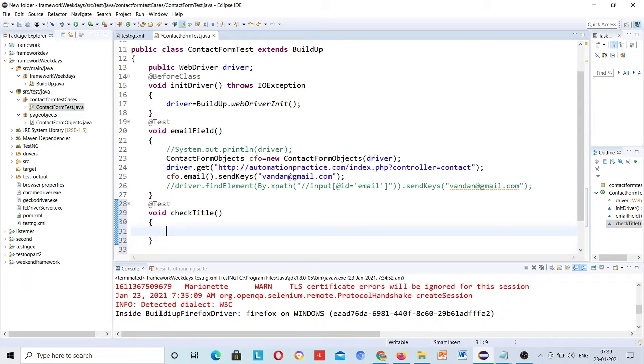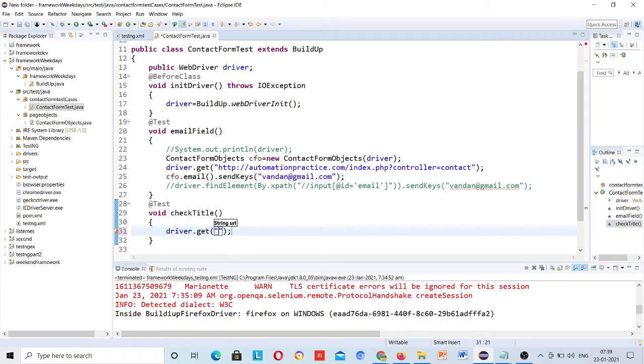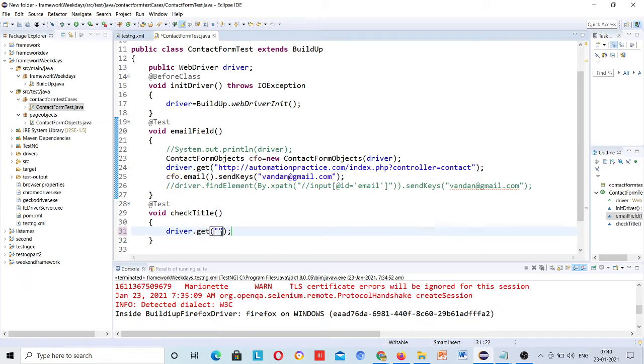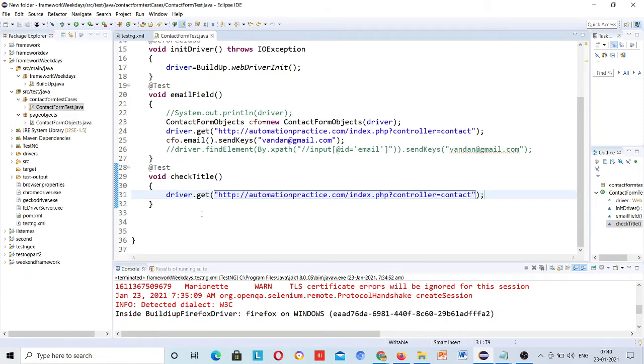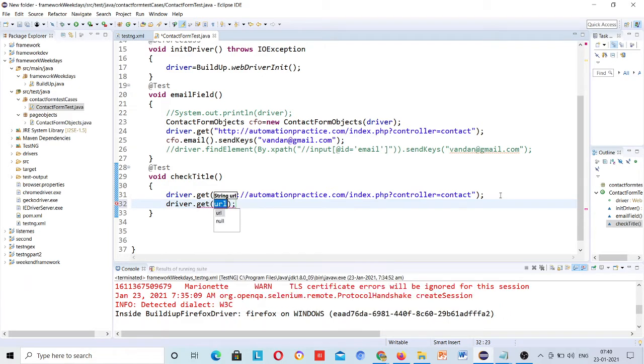Now you have to give driver.get, and copy the URL again and paste it here. And from here you need to get the title of the site: driver.getTitle.